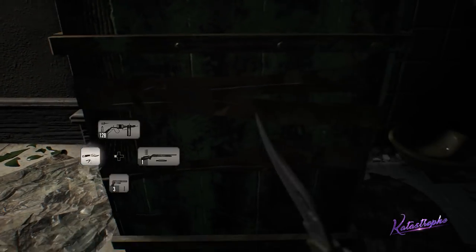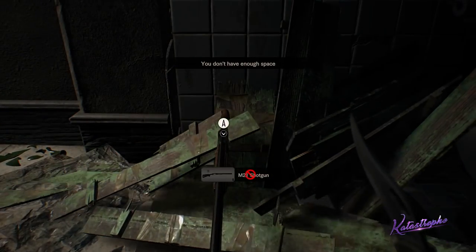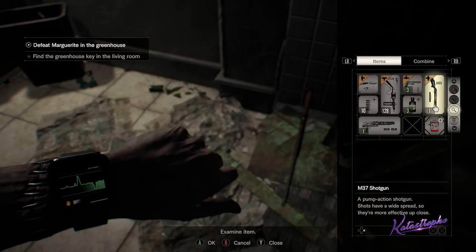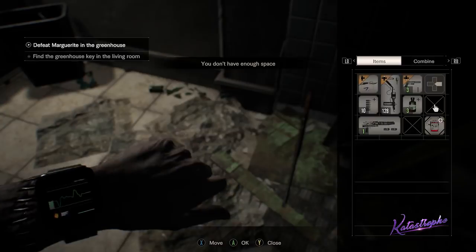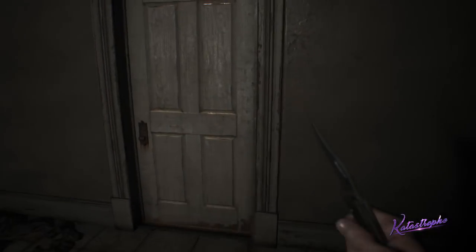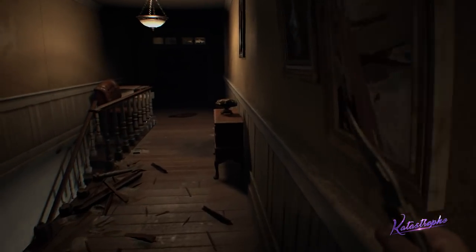Okay, so the bathroom can have 2 boxes. We only got 1, but I'll take it. Let's see what I think. I'm still thinking about the space here. I think I actually decide to discard that shotgun. Yeah, I discard the shotgun in favor of more shots. So...